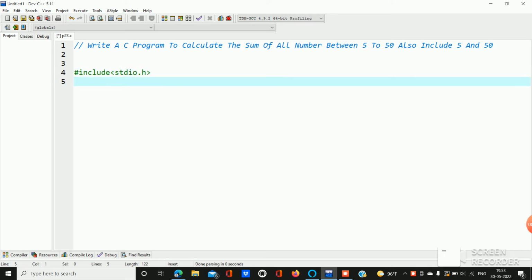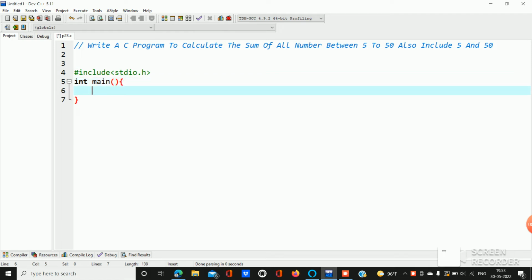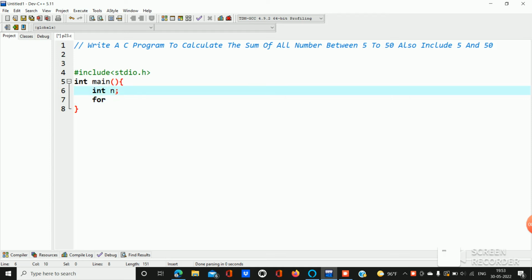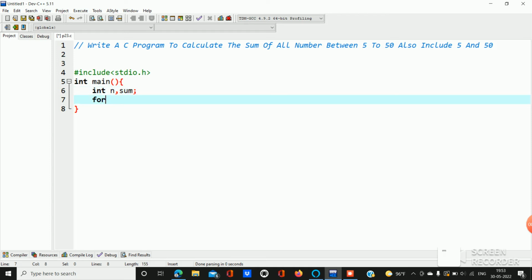#include <stdio.h>. int main. Now we have to write int n, for, and also sum. for n = 5; n <= 50;